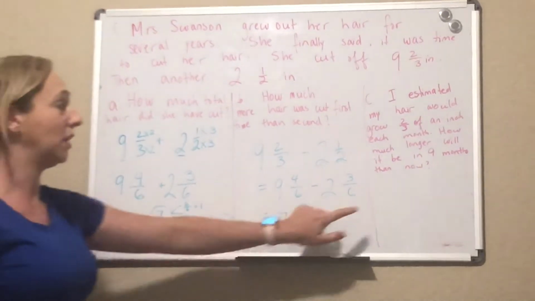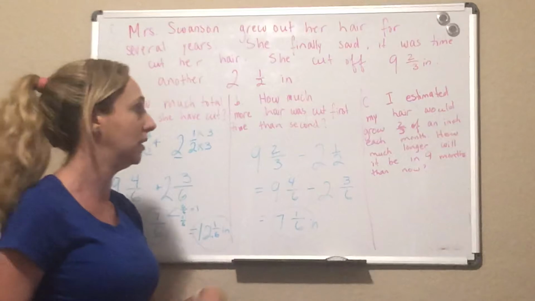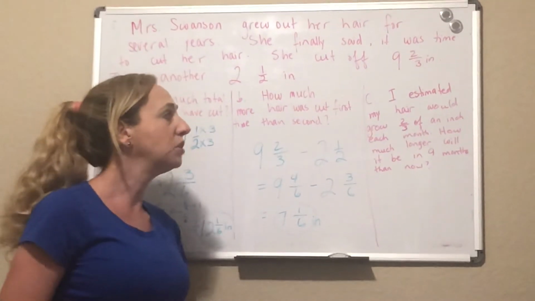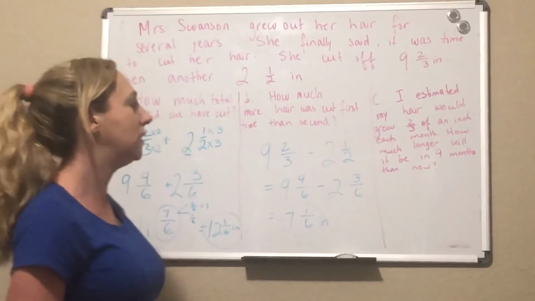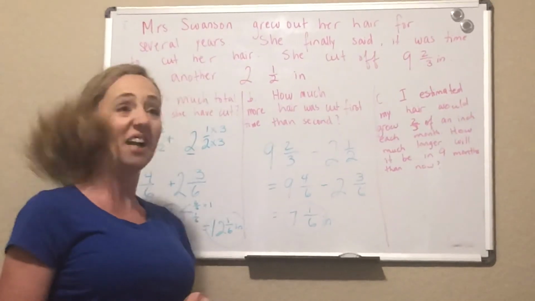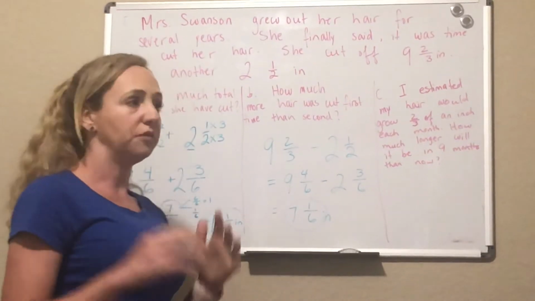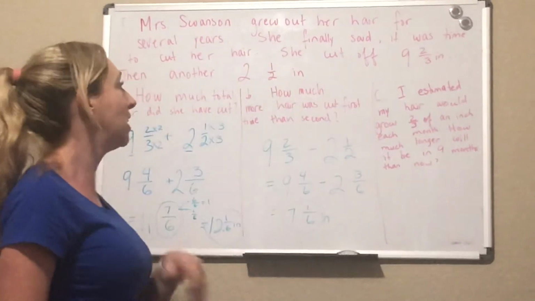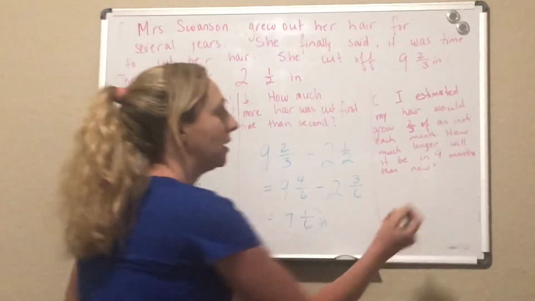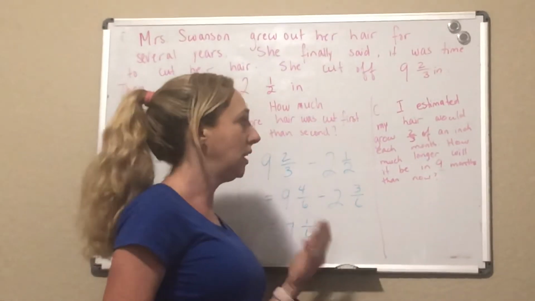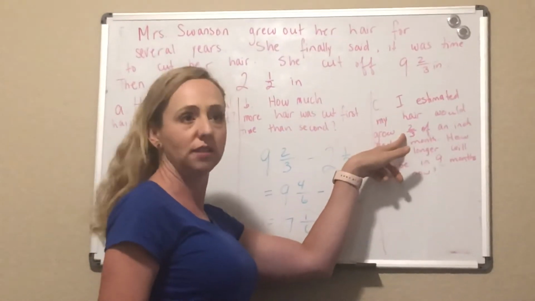Now my third part, and this is tricky, but it's actually the easiest part. I estimated my hair would grow 2/3 of an inch each month. How much longer will it be in 9 months than now? I don't have to know the total amount of inches my hair has ever grown. I don't have to know how long my hair was to start with. I'm going to take my 9 months, and I can either add 2/3 of an inch 9 times, or I